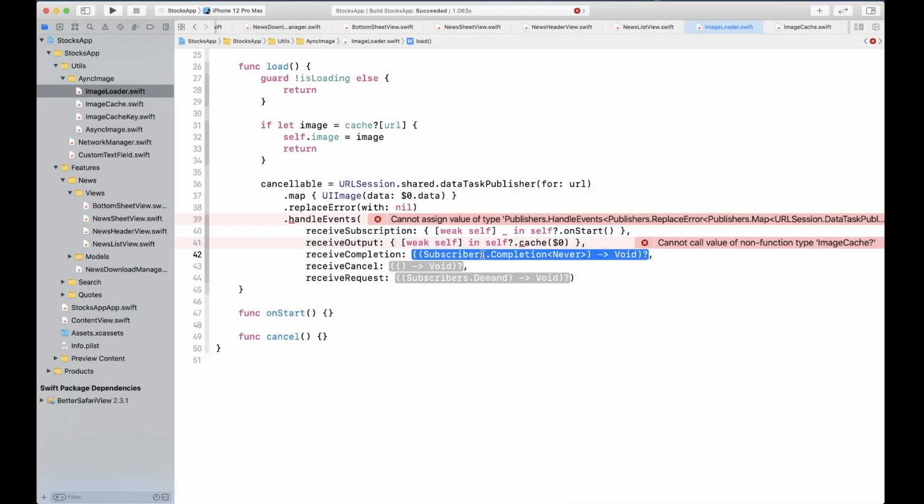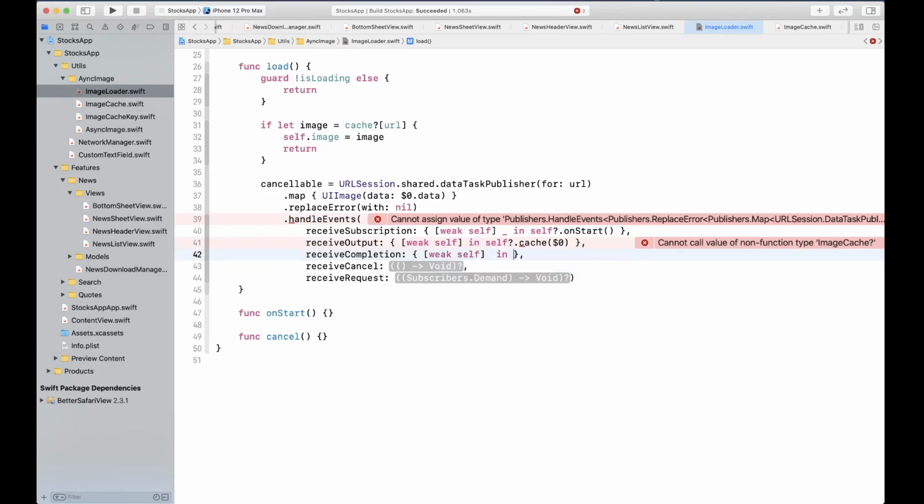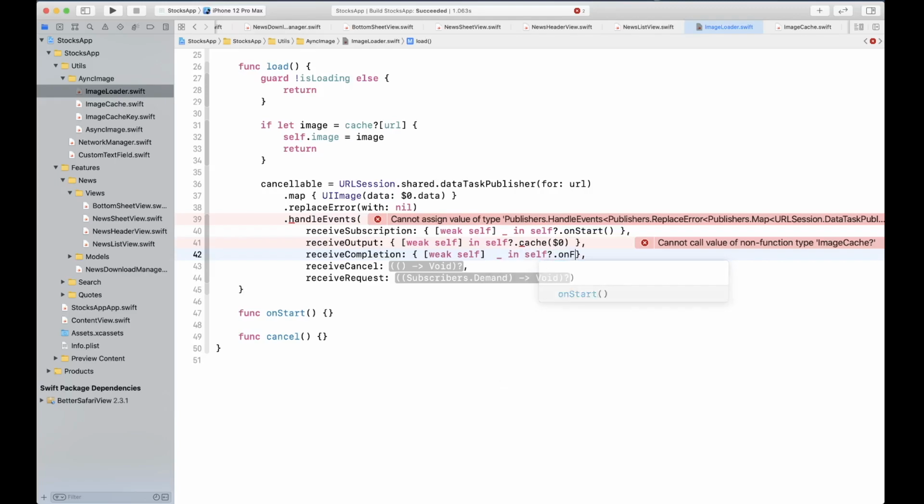For receive completion, it's going to be weak self, and it does have default parameters that come in, and we're going to simply say onFinish. We're going to create that onFinish function. So func onFinish.